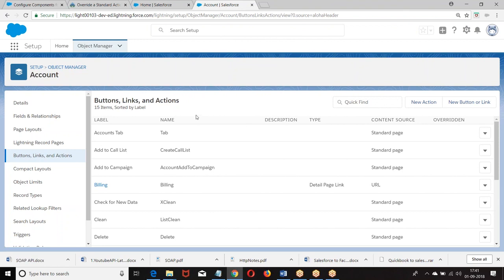Now let us understand this. This is with respect to account I am creating, but am I interested in creating the button with respect to account? No, I want some action to be made global. Look at this.